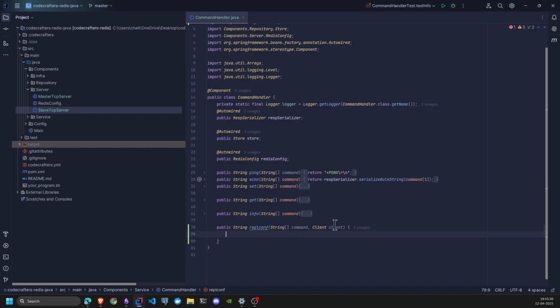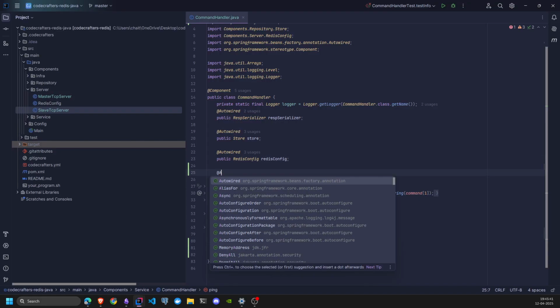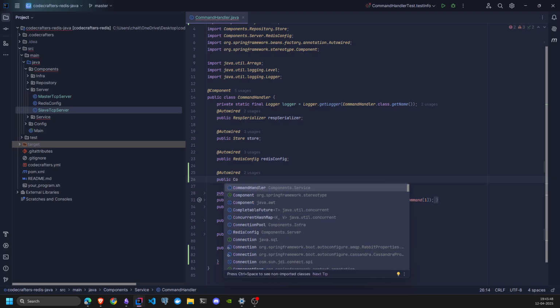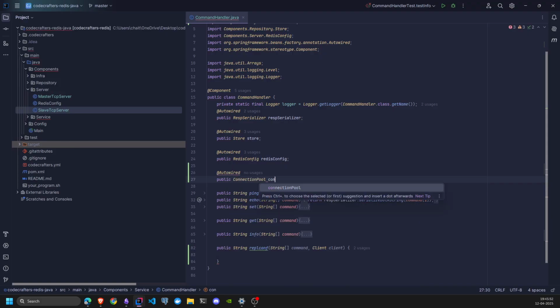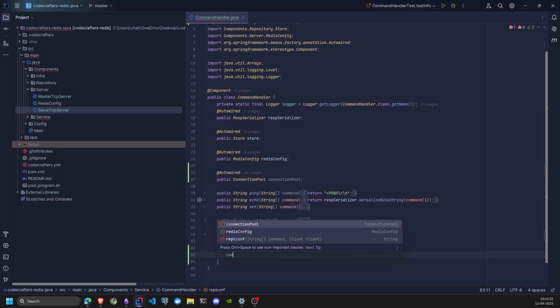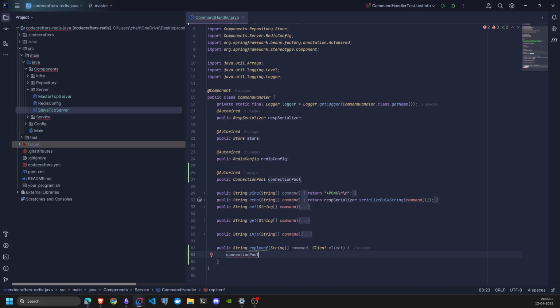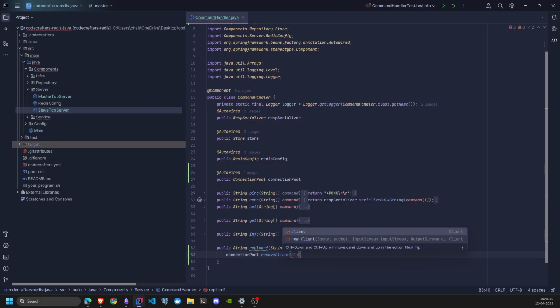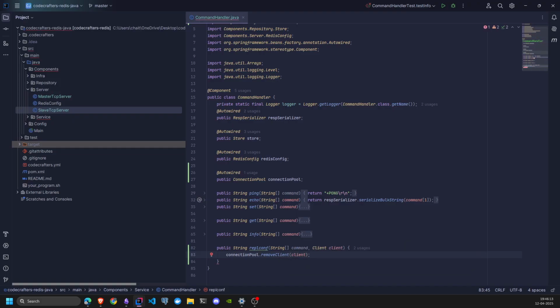The command handler, all right. In the command handler, I'm going to demote this client from the client's hash set and add it to the slave's hash set. But to be able to do that, I need to autowire the connection pool. Autowire public connection pool, and here I can do connection pool dot remove. I think so. Yeah, we created those methods, right? Yeah, and then here I need to remove client. Yeah, because as soon as I get it, I need to remove it, but it might not be there. So wait,